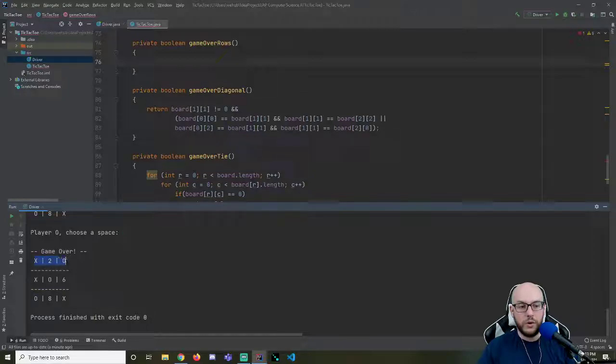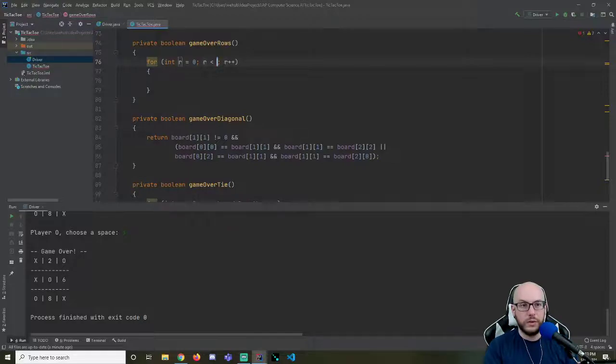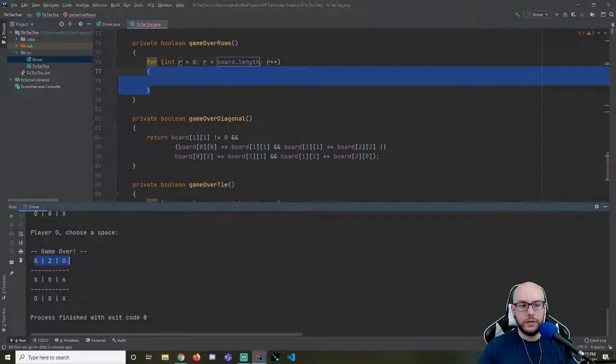And then when I'm on the row, I'm going to ask, are the 3 values the same? In a similar way that we did with this. Right? So I'm going to create the loop that goes through the rows. Our rows are equal to board.length, the total number of rows. Okay, so let's say that we're on this row. I want to know, is this one equal to this one, which is equal to this one? We're going to say if